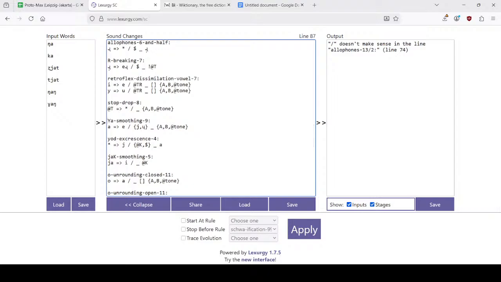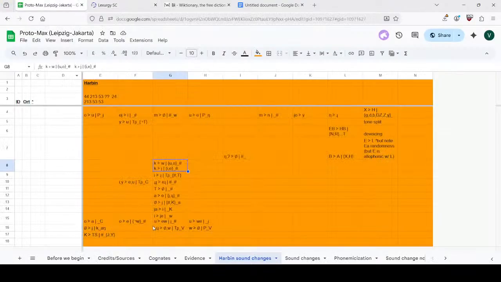I don't know why this is capitalized. I don't want this to be capitalized. No, wait, let's do that. Yaw smoothing. And then after yaw smoothing, this becomes 10, and then yak smoothing becomes 11, and then everything else has to wait. Let me just mark that. Can this take place at the same time? I think so, right? There's nothing stopping these from taking place at the same time.